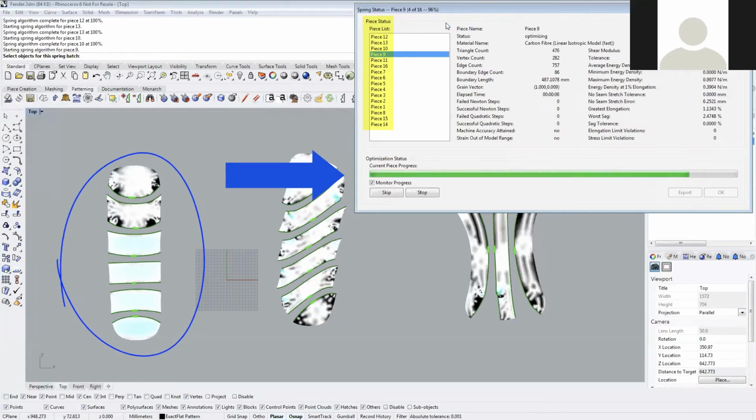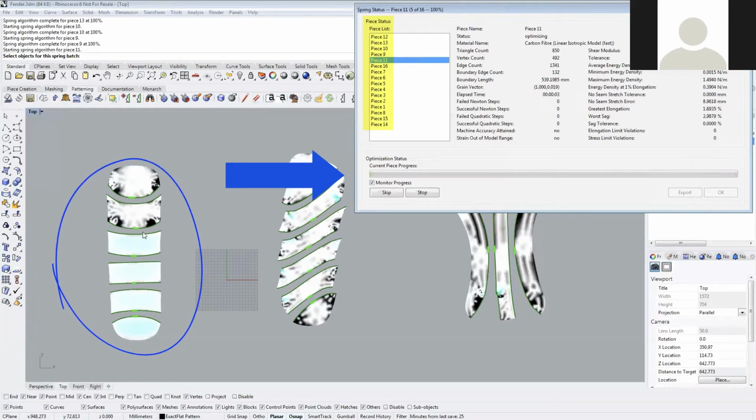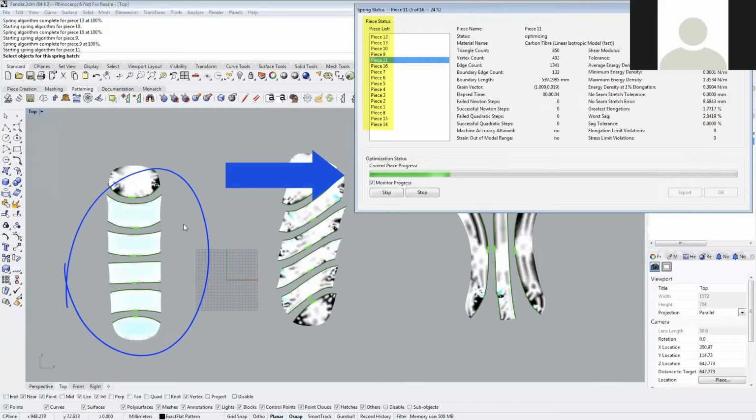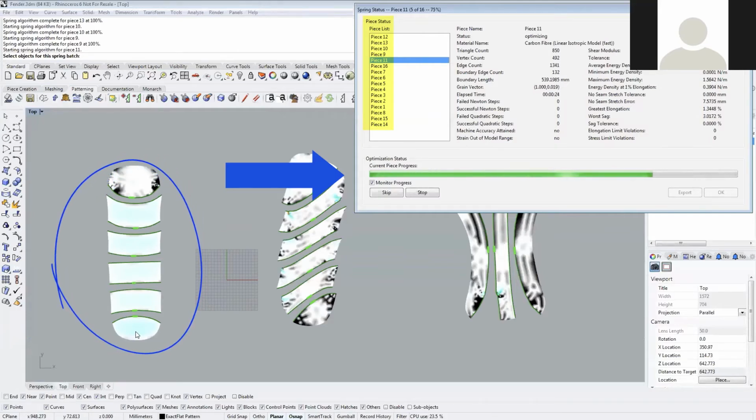So as these pieces are optimizing, we can see from the strain analysis that we have much less strain on these pieces because of where we place the cuts. Again, depending on the material and your development practices, this may or may not be acceptable. So because of that, when you start using Composite Flat, you may want to modify the default strain legend. You might want to change the colors so they better represent